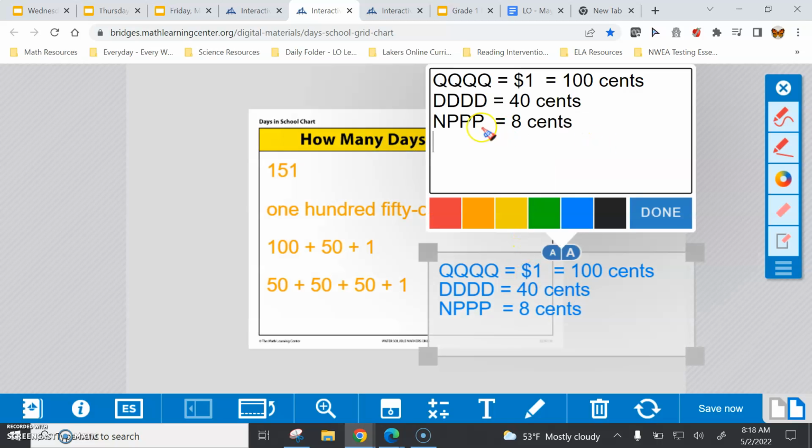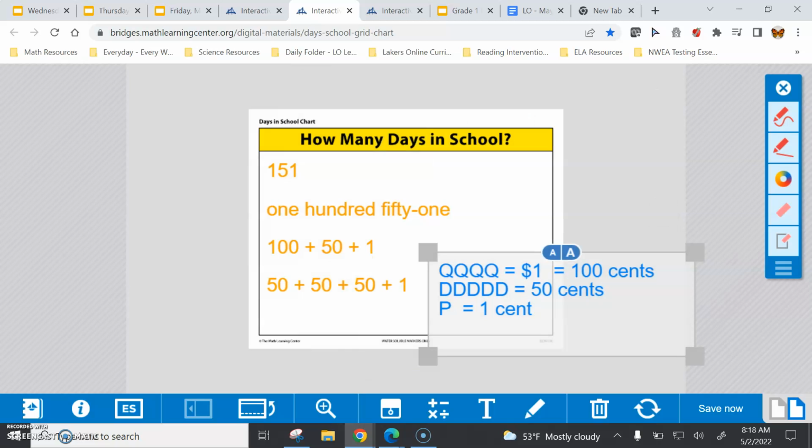Now, the coins change. The coins change. And I'll show you how they change. I am going to show you. I know we love our dimes, so I'll keep those dimes. We'll add another dime, because if we add another dime, that makes 100, 110, 120, 130, 140, 150 cents, or $1.50. And then we add 1 penny